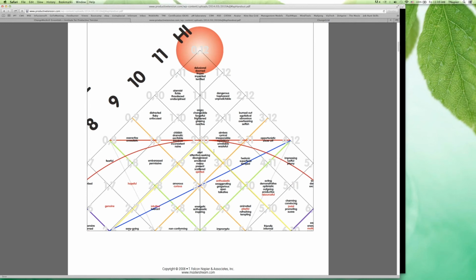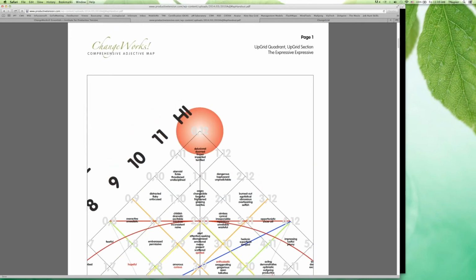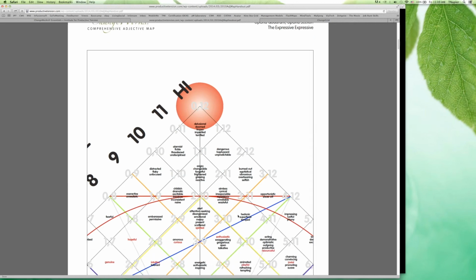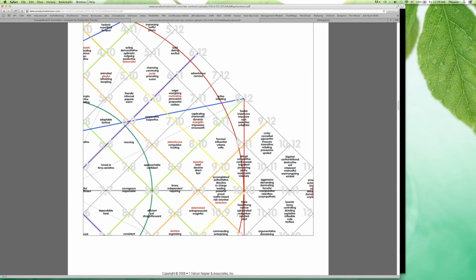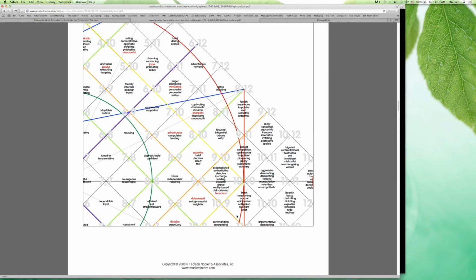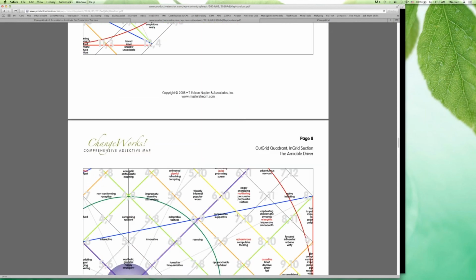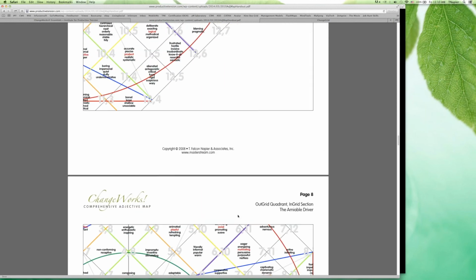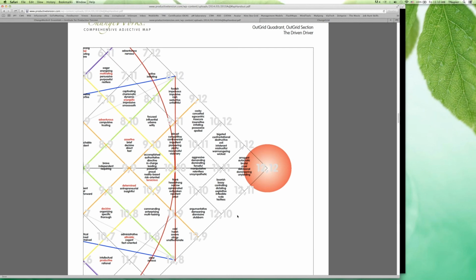So this page is just zooming in on that very far upgrid subquadrant, that expressive quadrant. If we go several pages forward through that, you'll see that we're just moving around on the change grid, zooming into each of its different subquadrants. So here we are. Whoops, back a little bit. Sorry. We've zoomed in here on the driven driver, and that's where Stephen had that activity number 14 about dealing with difficult prospects.